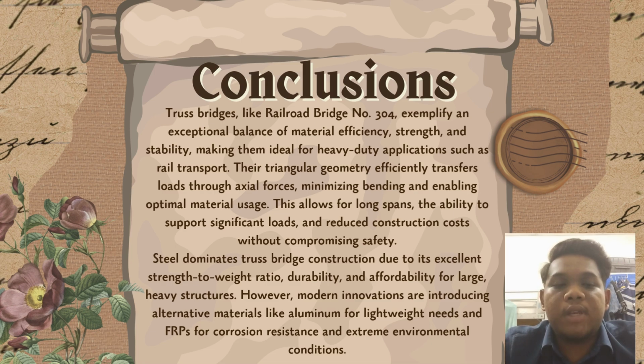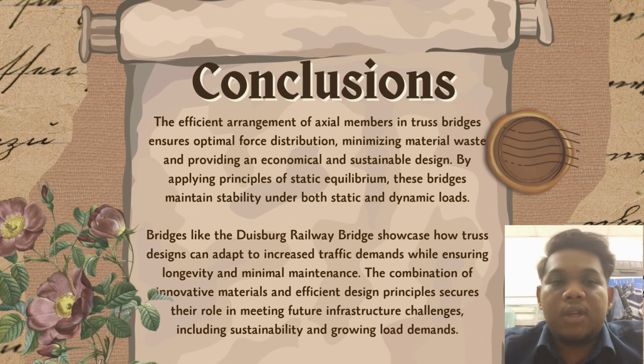Steel still dominates truss bridge construction due to its excellent strength-to-weight ratio, durability, and affordability for large, heavy structures. However, modern innovations are introducing alternative materials like aluminium for lightweight needs and FRPs for corrosion resistance and extreme environmental conditions. The efficient arrangement of axial members in truss bridges ensures optimal force distribution, minimizing material waste and providing an